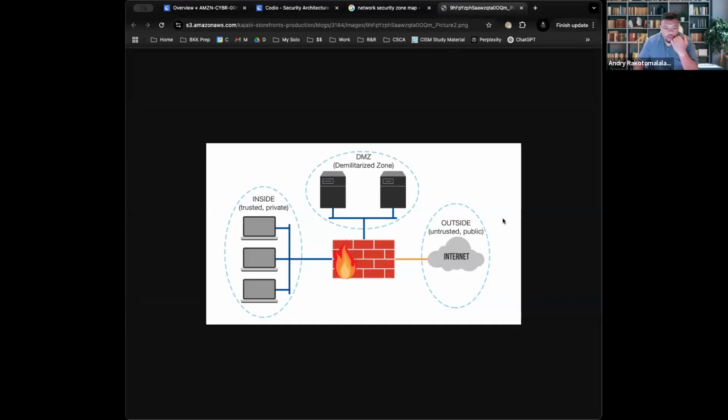So first of all, I want to point out that on the outside, you have the internet. This is like the entire internet and whatnot. Then when you have the internet, you have what we call a firewall. Now, the entire goal of the firewall, which I'll explain more, is to not let malicious traffic in. Keep in mind that the firewall does two things.